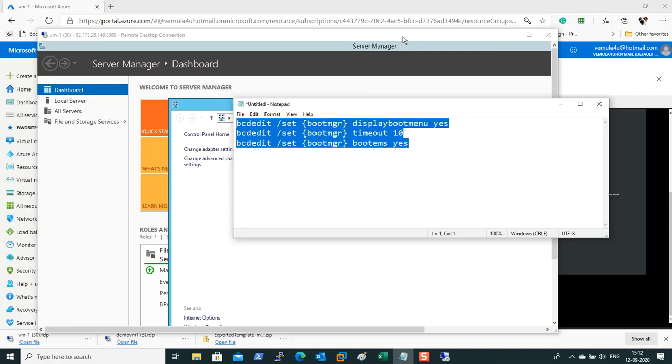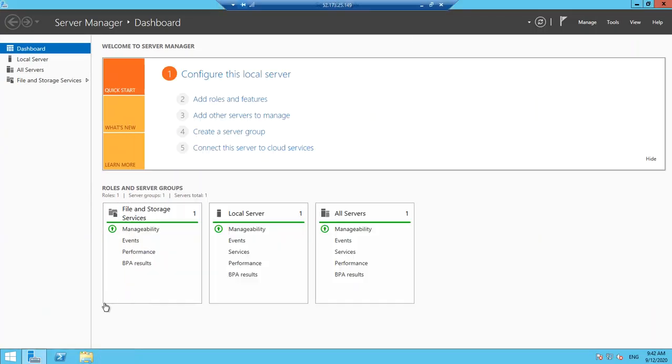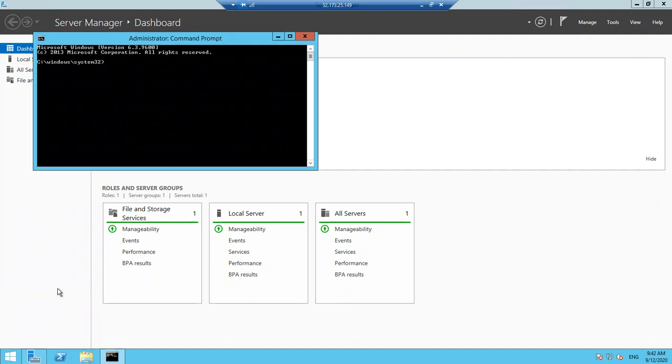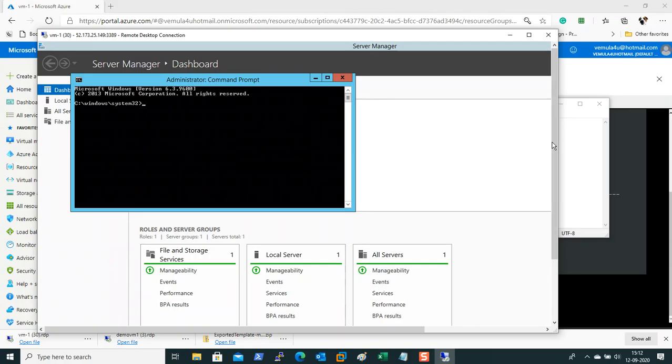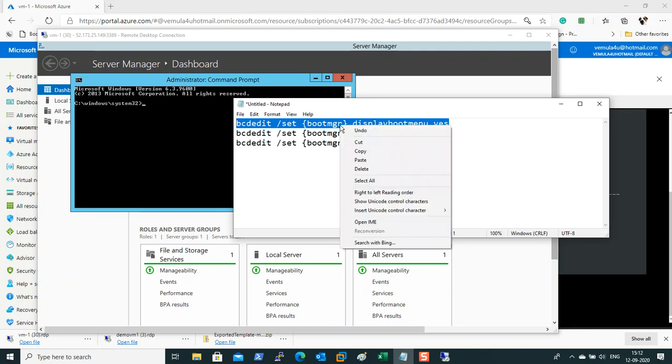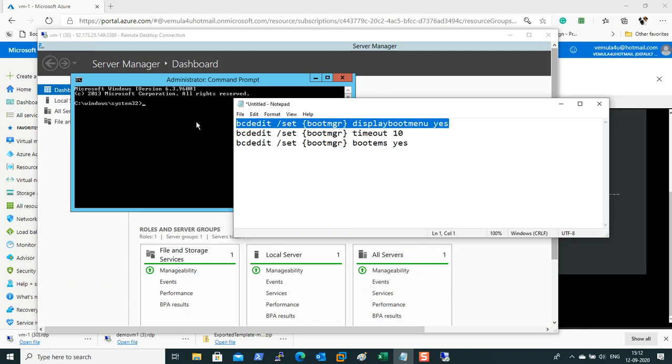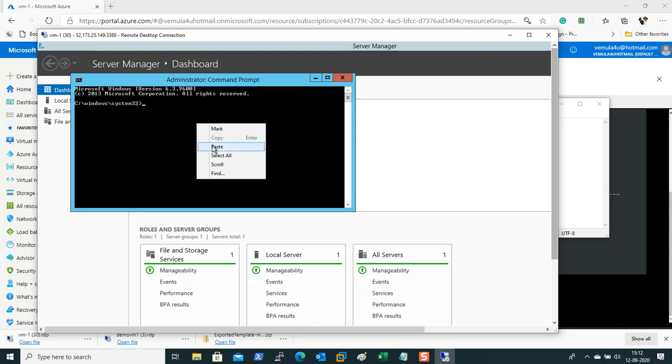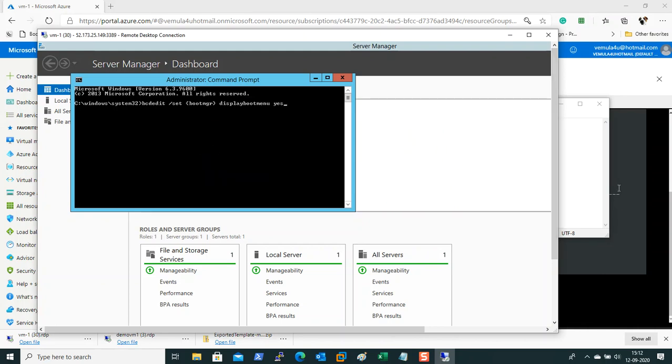So let me get into the VM itself, and then let me open the command prompt. Again, these configurations should be done as a part of your OS build itself. It's always good to have these settings. This will help you to troubleshoot your operating system issues.